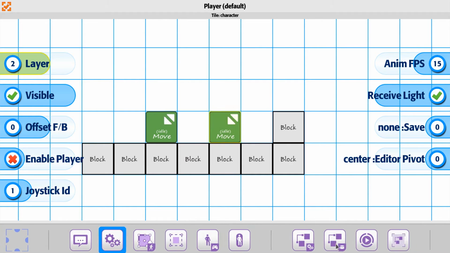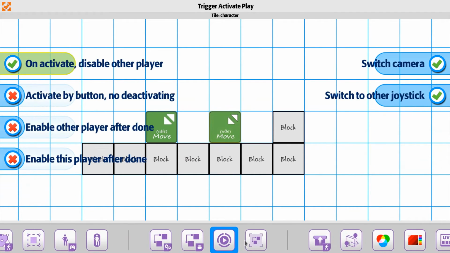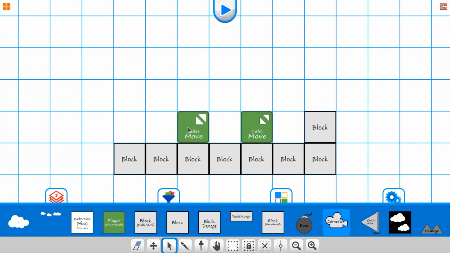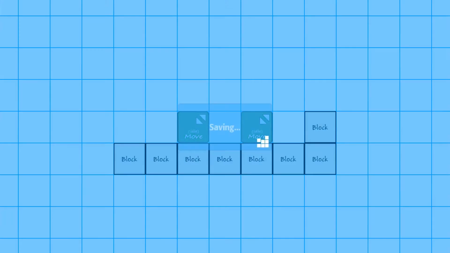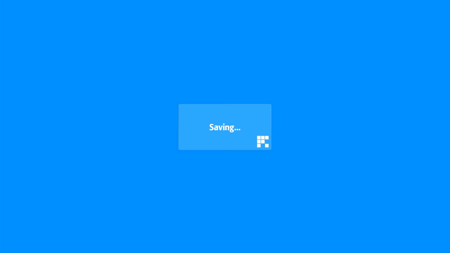Alright, so with this one, again, just go to the activate play and then double check that switch to other joystick is turned on. Now if switch to other joystick's turned on and this one right here is already set to player 2, then that means when he touches him, he's going to be set to number 2 as well, so they'll both be set to number 2. So let's go ahead and push play on this one, and then we'll, again, if we're using the keyboard, number pad and WASD,